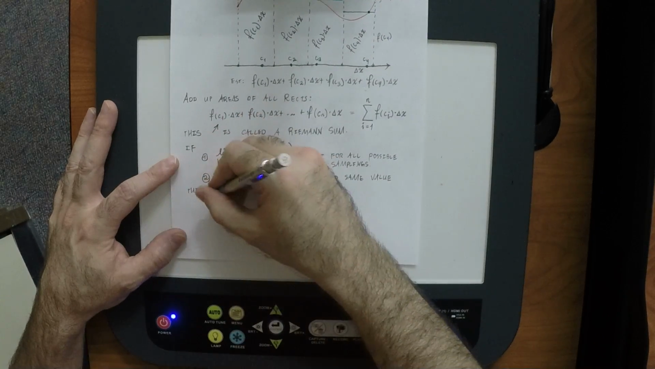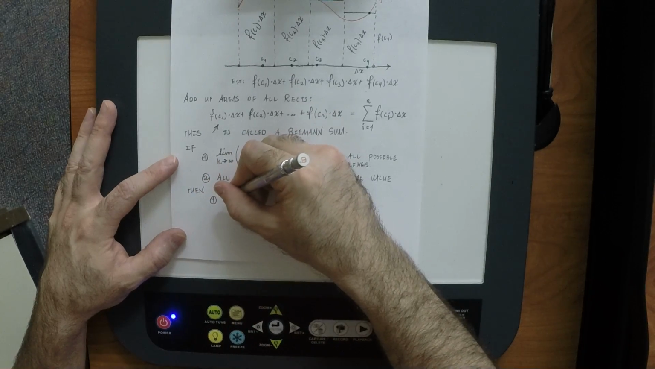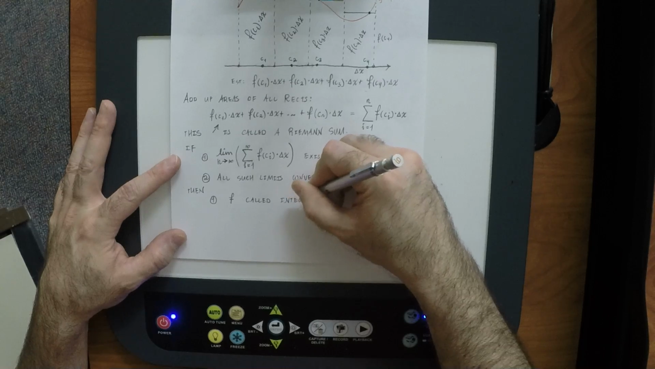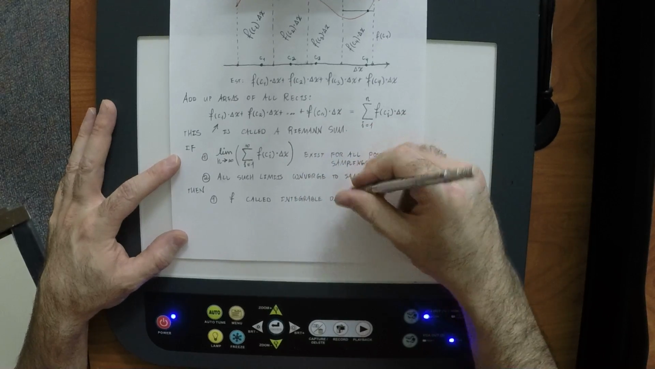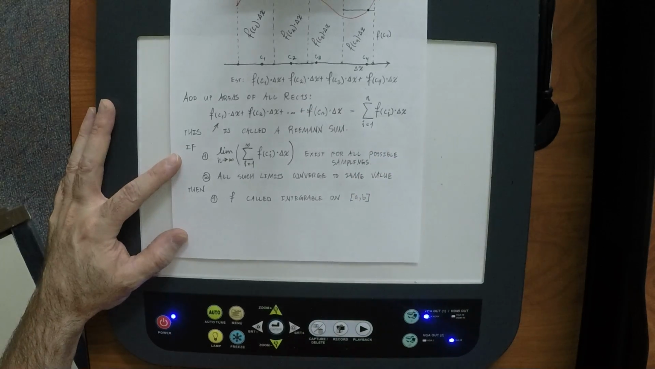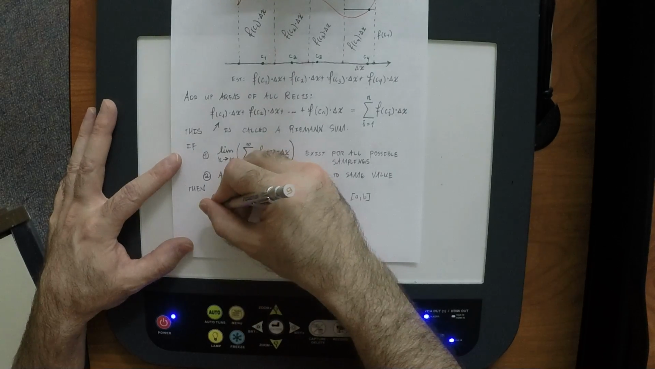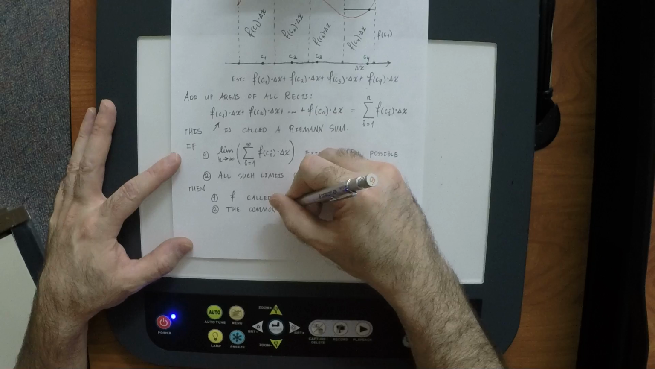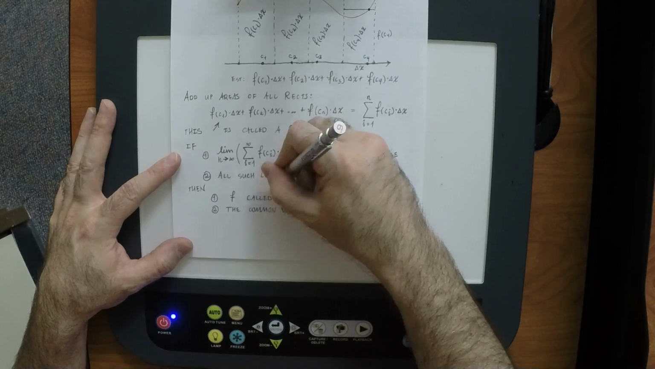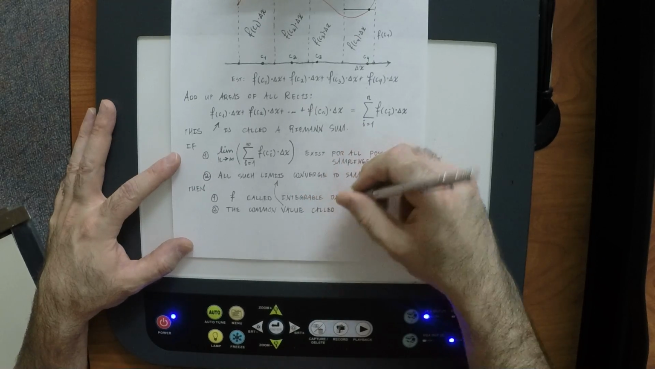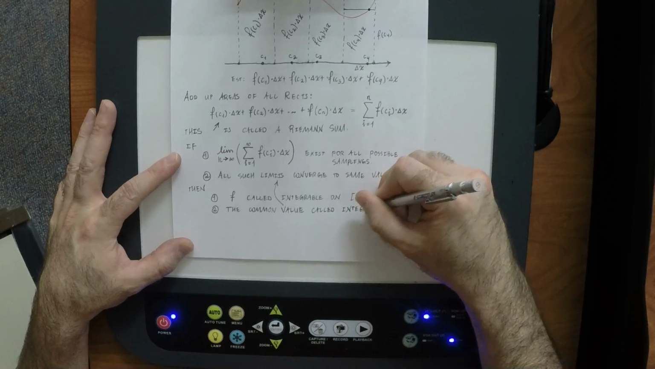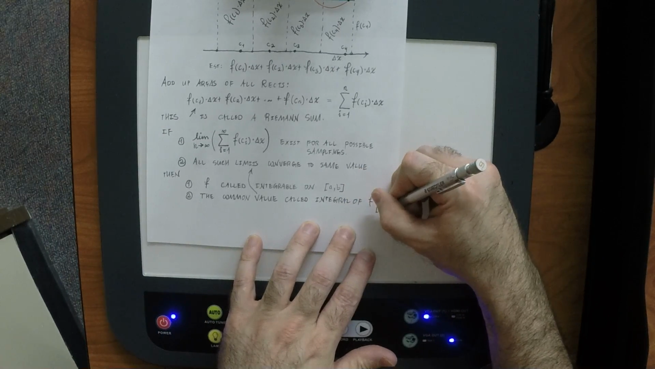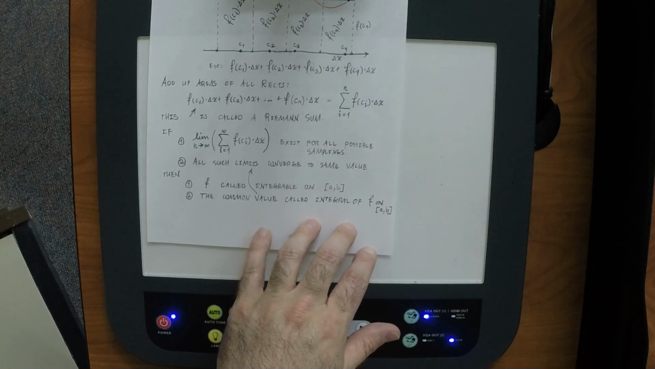then the consequences of this is that 1, f is called integrable on a to b. 2, the common value of those limits is called the integral of little f on a to b. And 3,